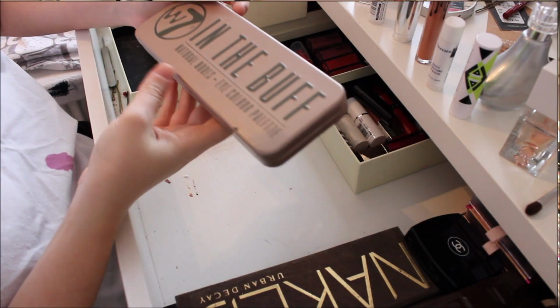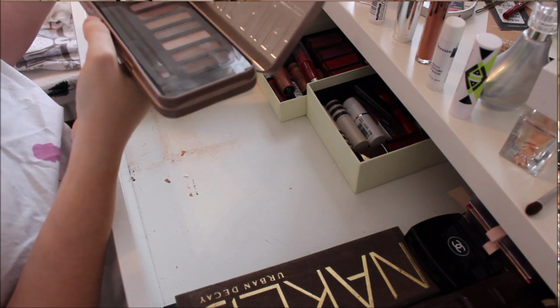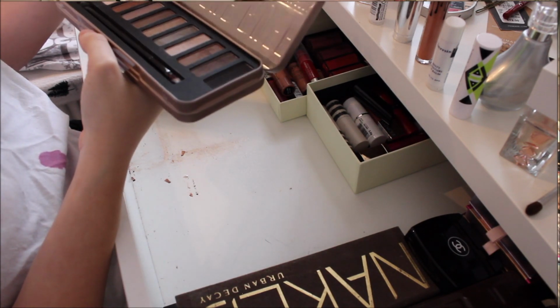Here we've got a W7 in the Buff palette, which I hadn't used for a really long time, and then I did use it a little bit recently. I'm not sure about that one yet. I'm going to get rid of this Naked palette because